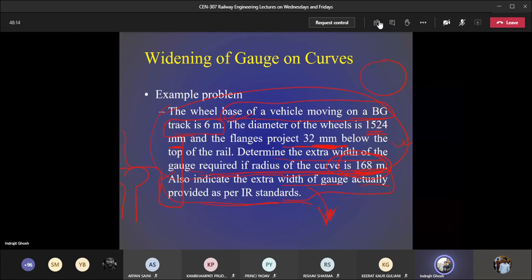Now, be careful about this problem because most of the time students mess up with the units. Okay, here you can see meter, here you can see millimeter in the range of 1000. It is in the range of 6. Here it is millimeter in the range of 2 digits. Again the curvature is having 3 digits.